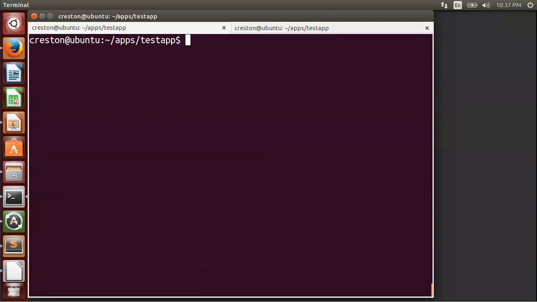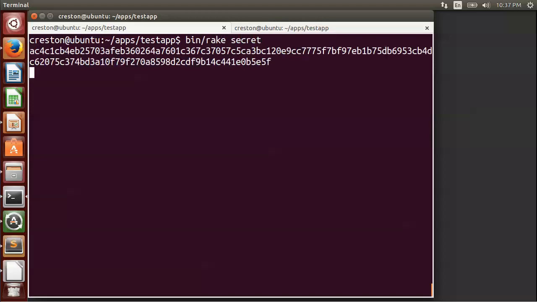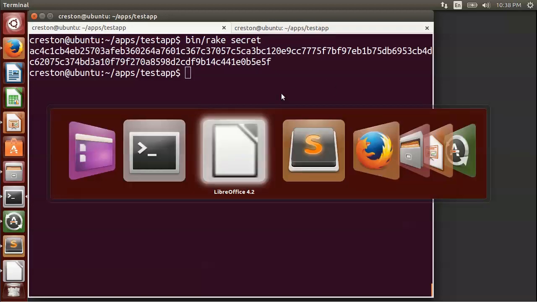Now we need to do a couple of things on the server before we are ready to do a deployment. Before we go ahead and connect to the server, go ahead and run a bin/rake secret. And this will output a good secret to include in your application. So how the secret is going to be used is